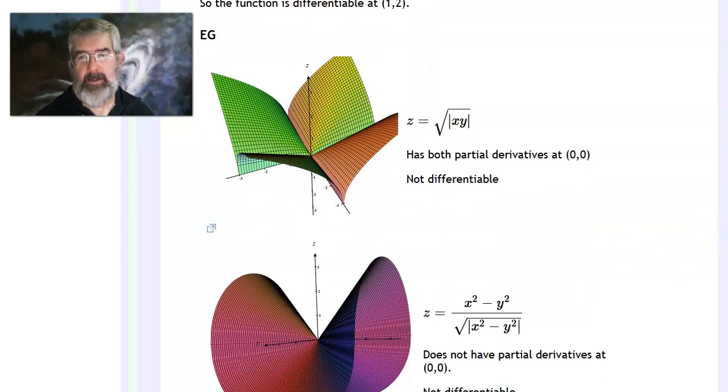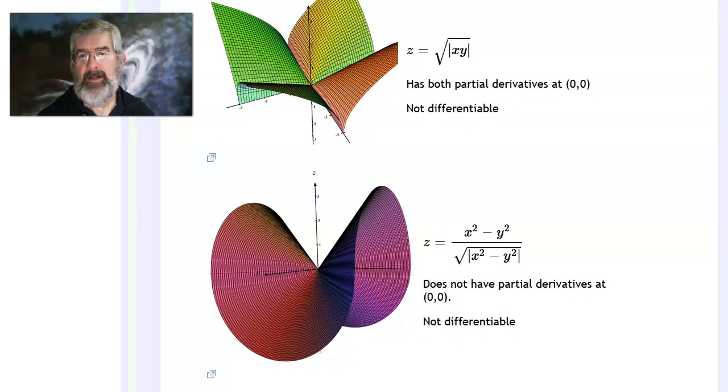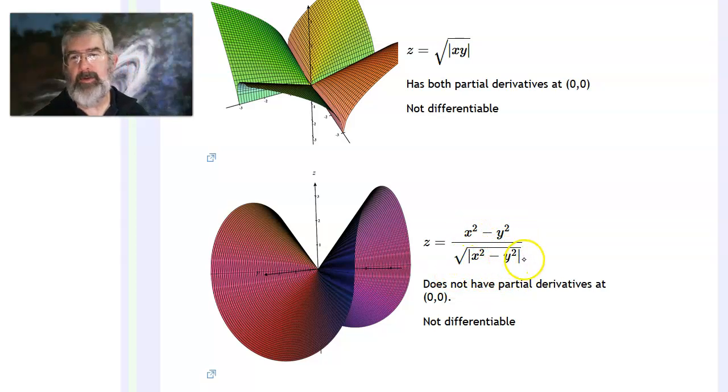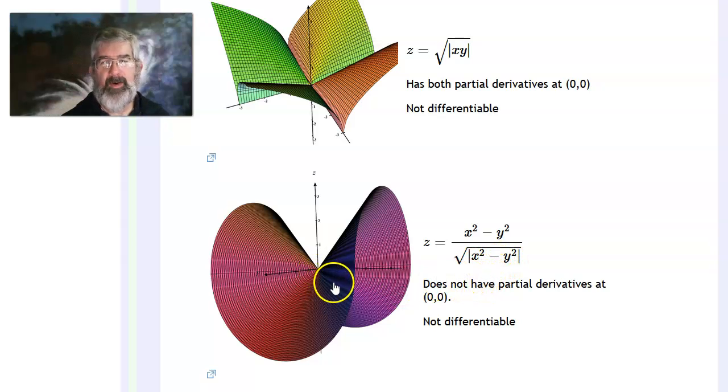Another example here. This is x squared minus y squared over the square root of the absolute value of x squared minus y squared. I have to throw these absolute values in because I don't want to take square roots of negatives. But what this function is